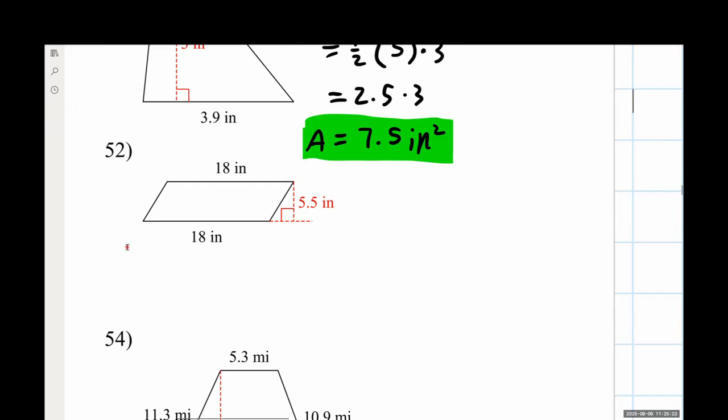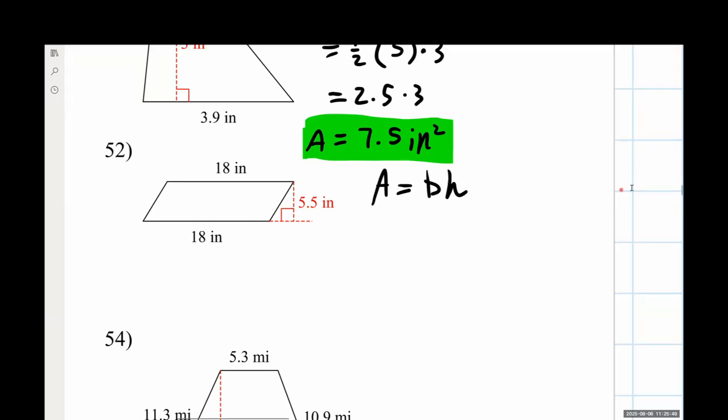Again, we're finding the area of this thing, so I want to write out the equation for the area of a parallelogram. I recommend looking at that geometry formulas page, finding the parallelogram shape, finding the area for a parallelogram on that, and then writing that out for yourself. Be sure to have the area is equal to the base times the height for a parallelogram.